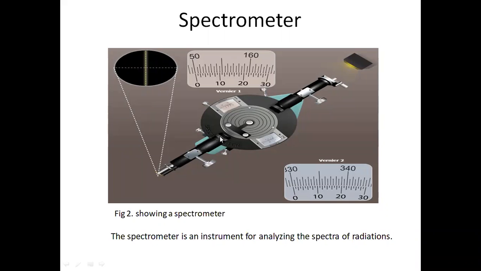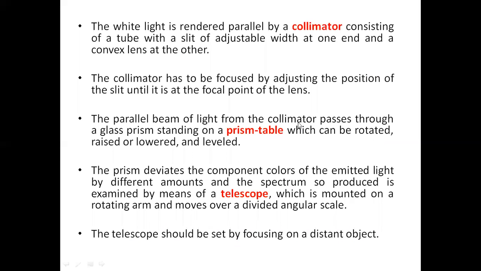So this is how a spectrometer looks like. It has two vernier scales, vernier 1 and vernier 2. It has basically three components. One is collimator, second one is prism table, and third one is telescope. Collimator is used for getting a parallel beam of light from the source, and it consists of a slit at one end whose width can be adjusted so that you should have a narrow beam of light, and it has a convex lens at the other end